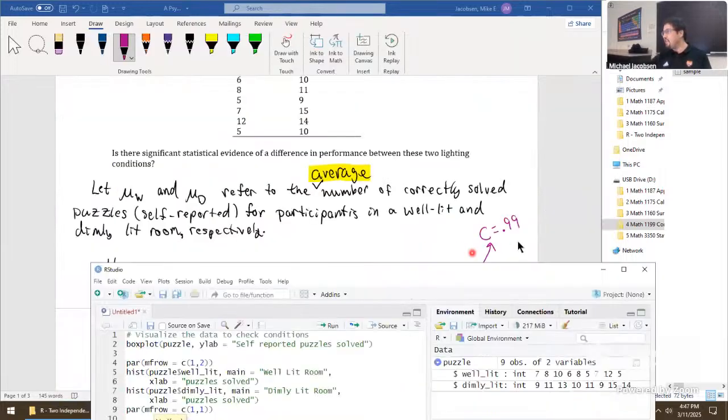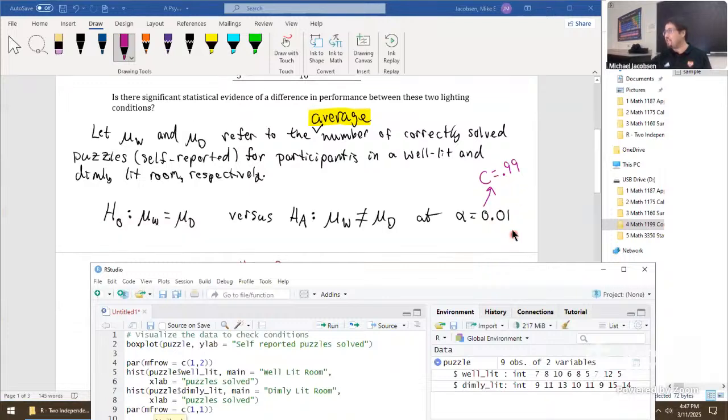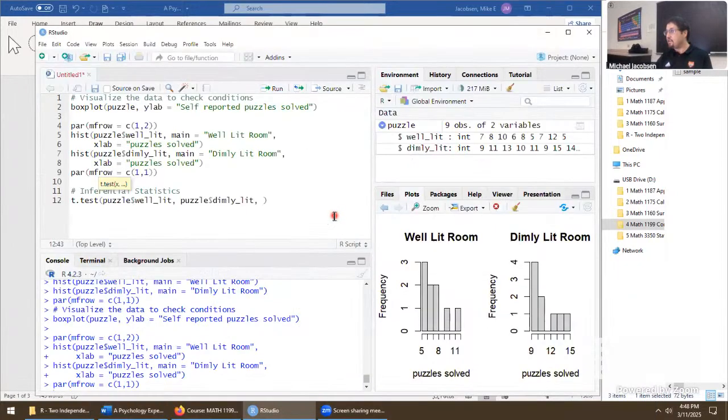Next thing we throw in there is we need a confidence level at 0.99 because the hypothesis test is at this benchmark of evidence, 0.01. We are looking for a probability, a p-value, that's below that. And if it's below 0.01, we have evidence the alternative hypothesis is true, that these population averages are actually different, and we'll give a 99% confidence interval for the estimate of the difference itself. So put in here, conf.level for confidence level, 0.99.